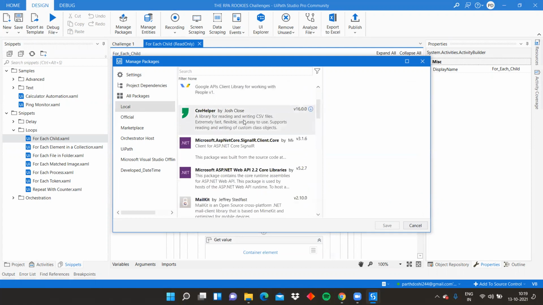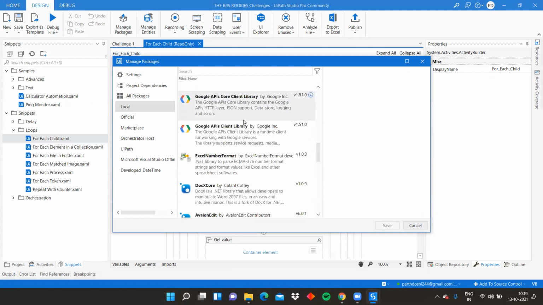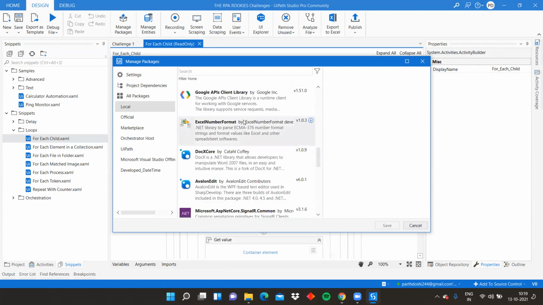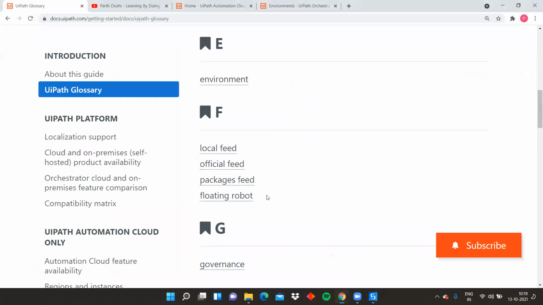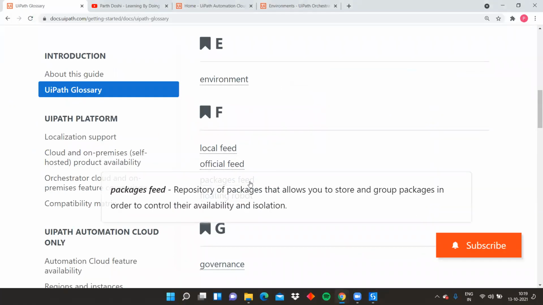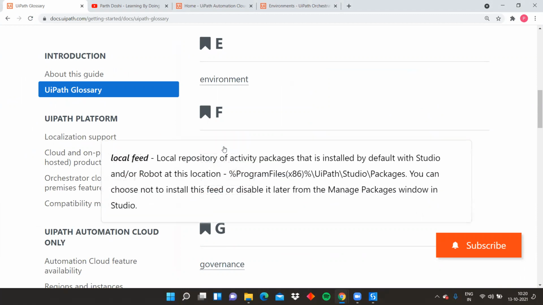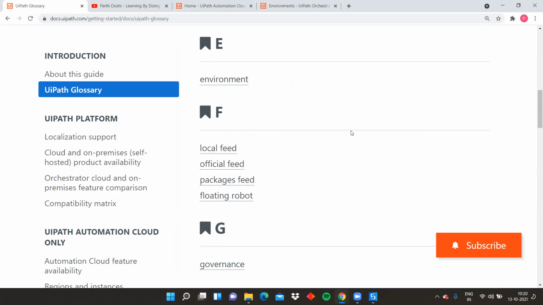If you go over here in local, you can see all this. So it's completely .NET based, right? And the third one that we have is packages feed, a repository of packages that allows you to store and group packages in order to control their availability and isolation. So this is related to where you keep your packages.